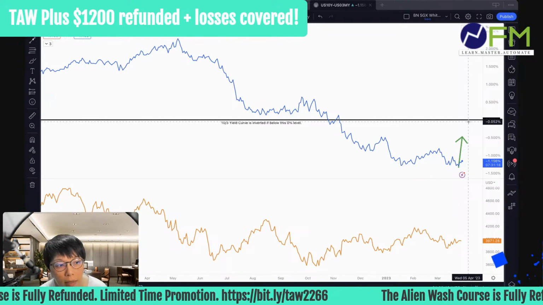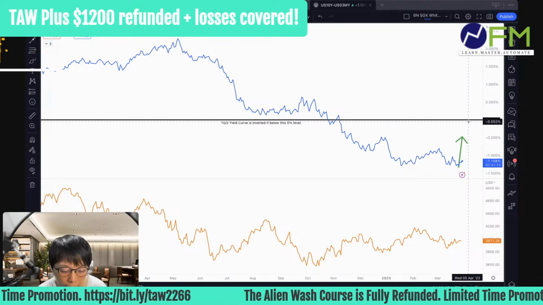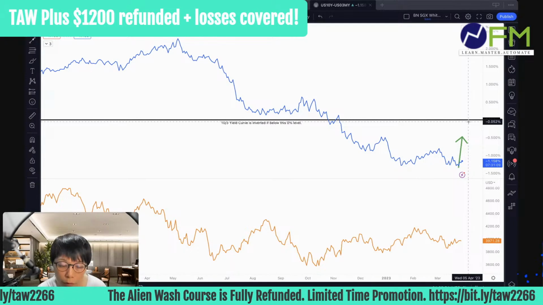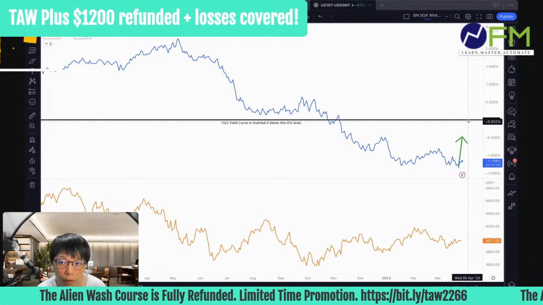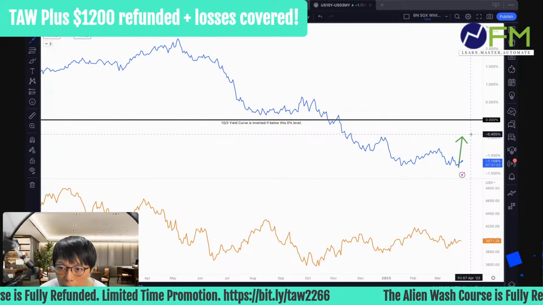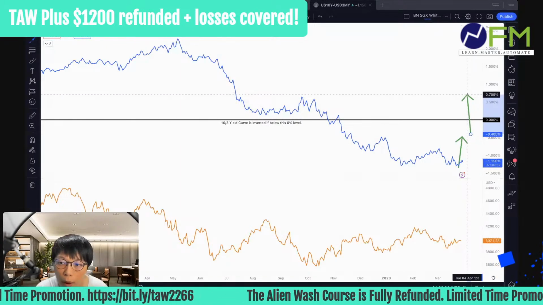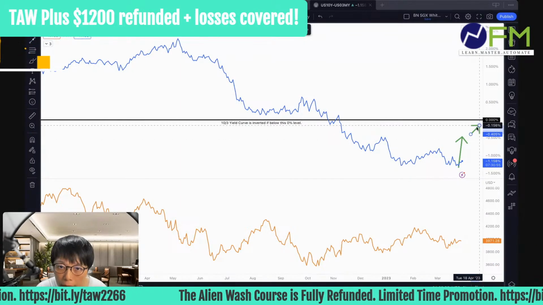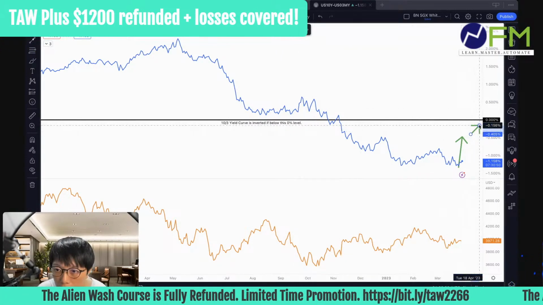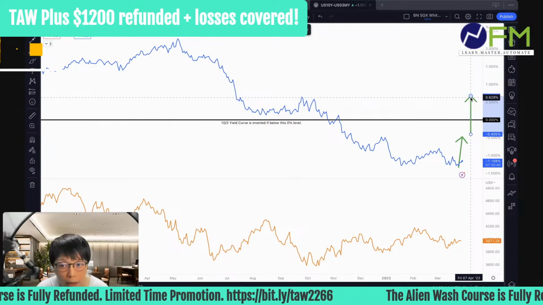I won't say that if the 10 and 3 hits 0, we expect a crash. I would think that when the 10 and 3 hits 0 or goes above 0, it matters whether the movement is vertical, looking like this, a vertical straight up. When it's approaching in a slow and gentle manner, it's fine. But when you have this type of straight up movement, that is not fine.